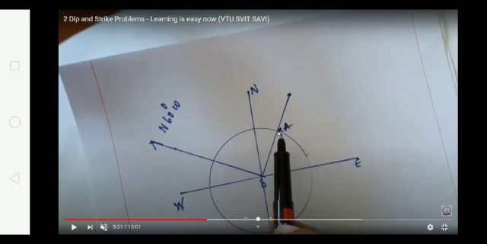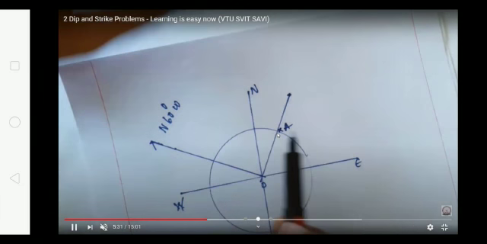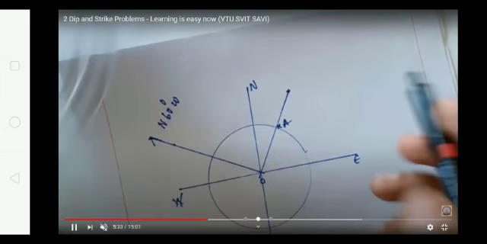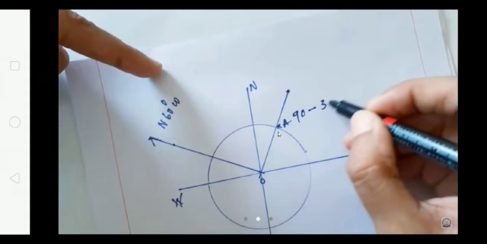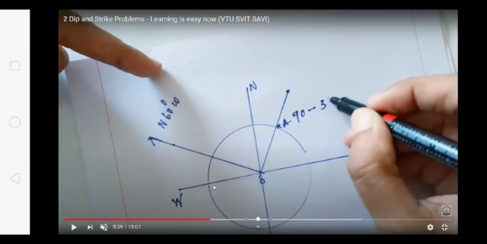You need not draw outside the circle, it will be more clear. In this, it has been drawn outside the circle also. So till the circle, from this point we are measuring, from point A we are always measuring. So that's why we are marking this point as A. Then from that you have to draw one complementary angle. So what we are doing is 90 minus. So this northwest is 90 minus 38 degrees.